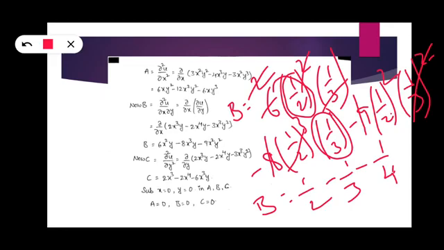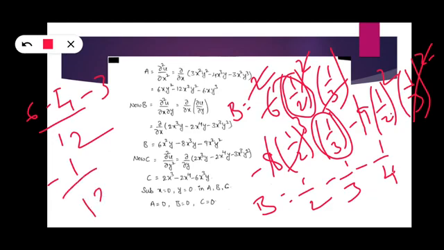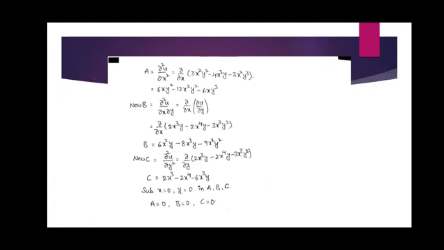If you take the LCM, for 2, 3, 4, 3, we can take 12. Taking LCM 12, here 6 minus, here already 3 is there. So here we write 4 - 3. So here -4 -3 is -7. -7 + 6 is -1 by 12. This is the value of b. Okay, already we have a is equal to -1 by 9 and b is equal to -1 by 12.